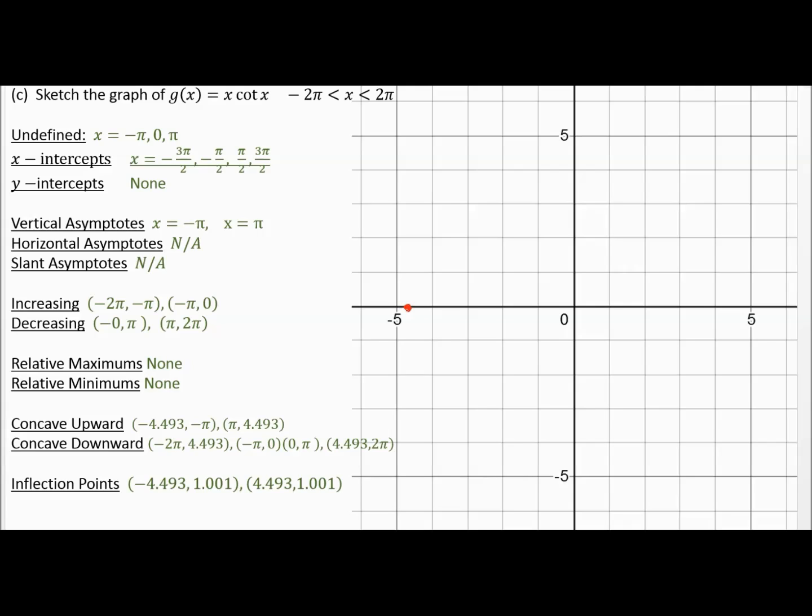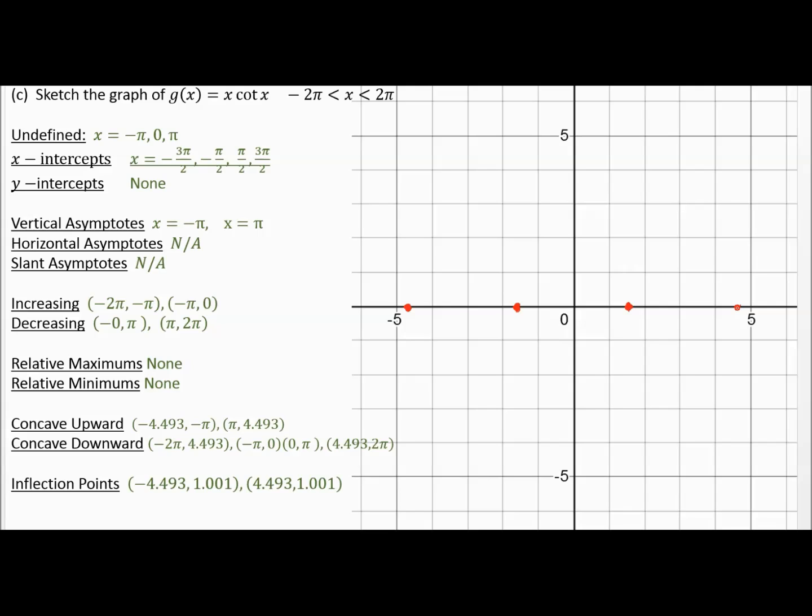And then one at negative pi over 2. A lot of you know what pi divided by 2 is, 1.57. So that's negative 1.57 right there, so about negative 1.5. Remember, this is an approximation. Pi over 2, so 1.57. And then 3 pi over 2, again, that's going to be that positive 4.7, almost 5. Those are my x-intercepts. Okay, y-intercepts, we don't have any. Vertical asymptotes,